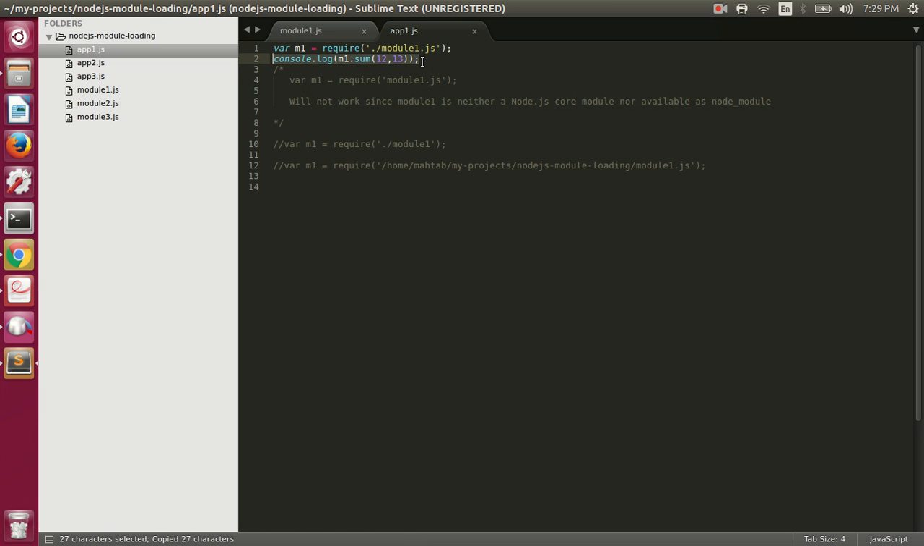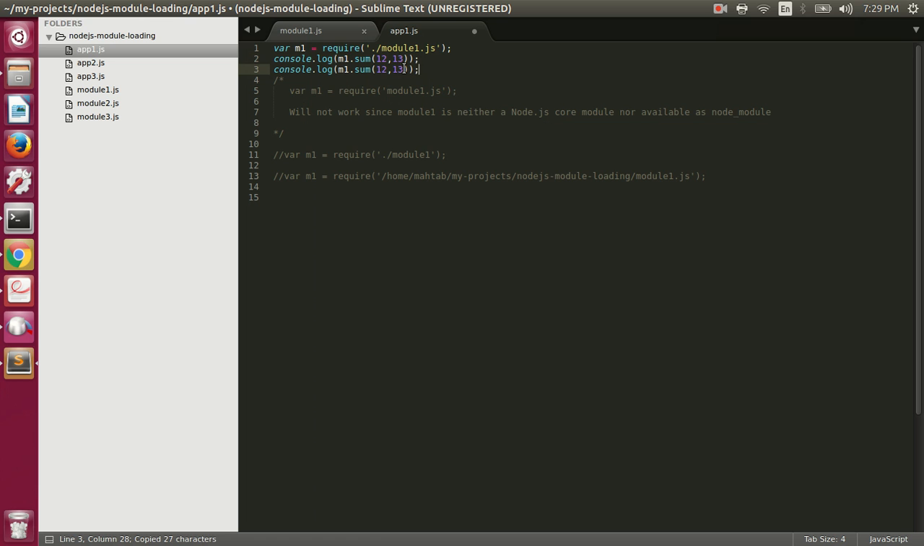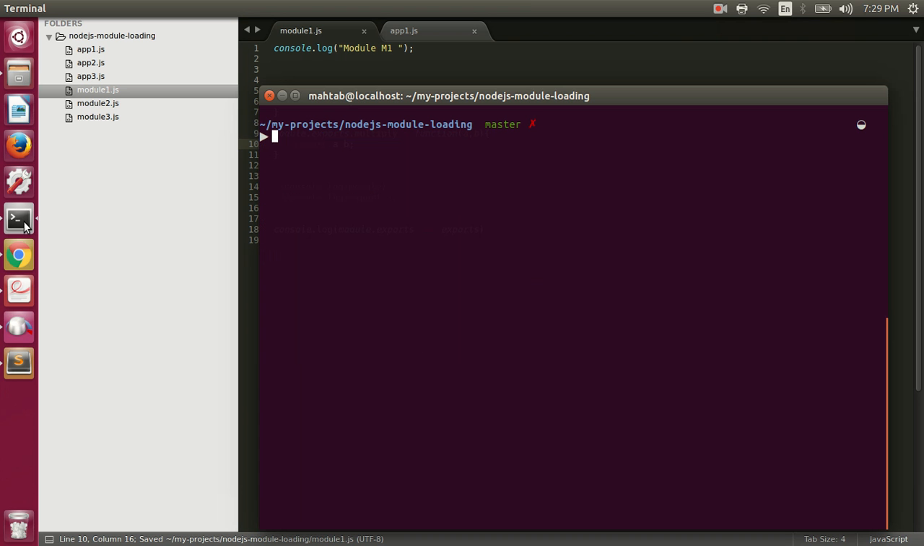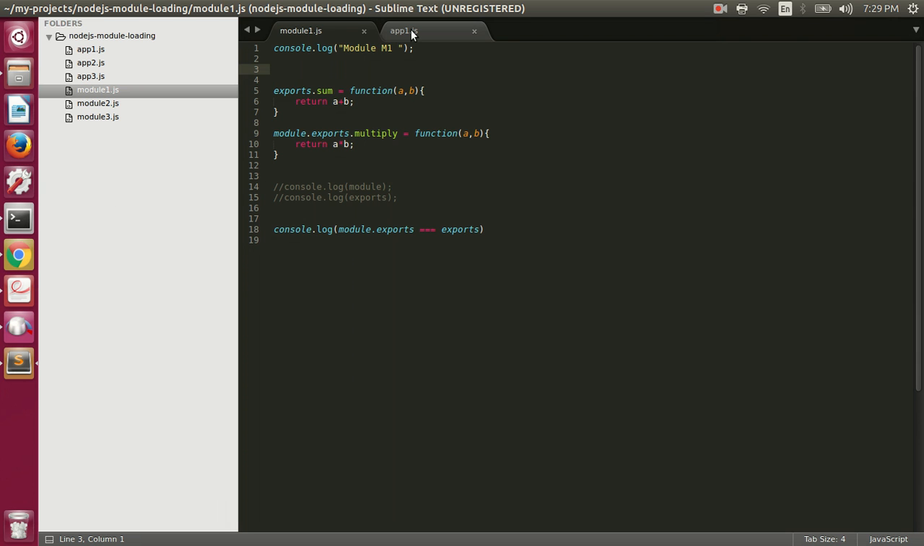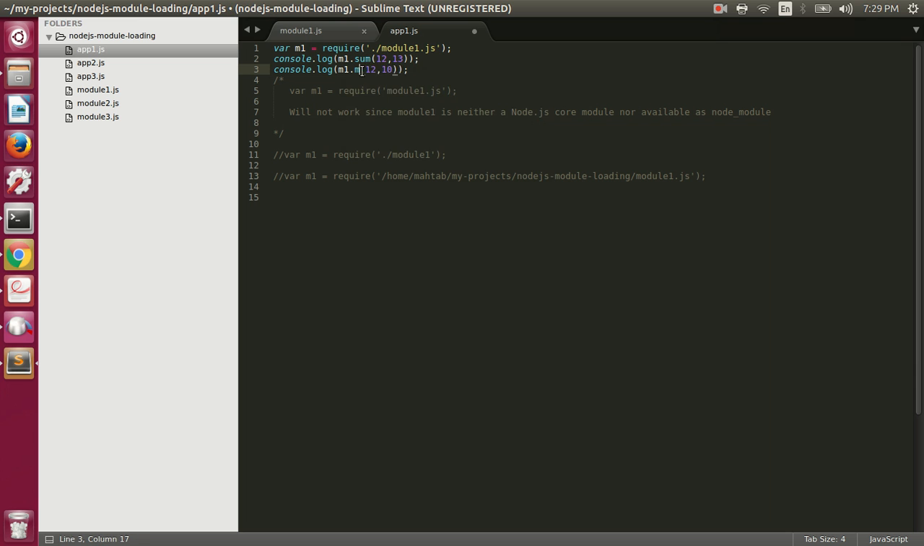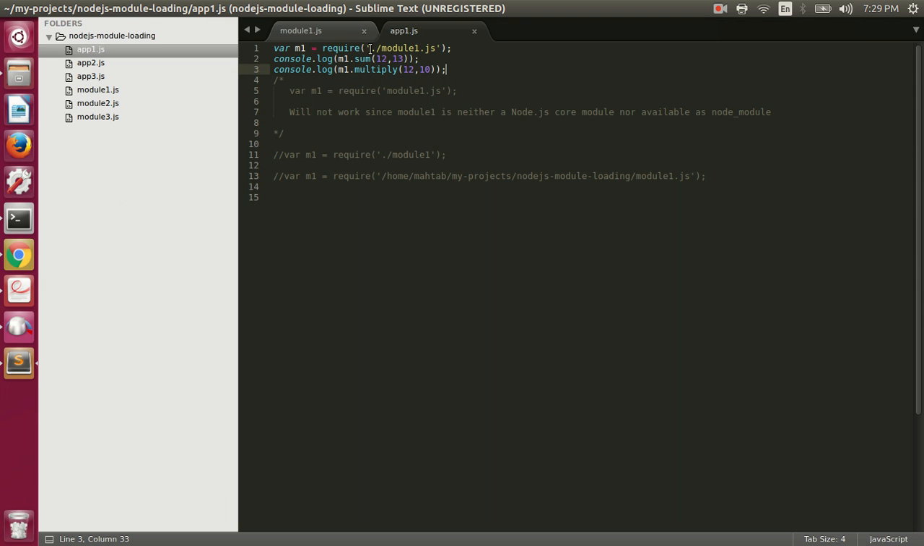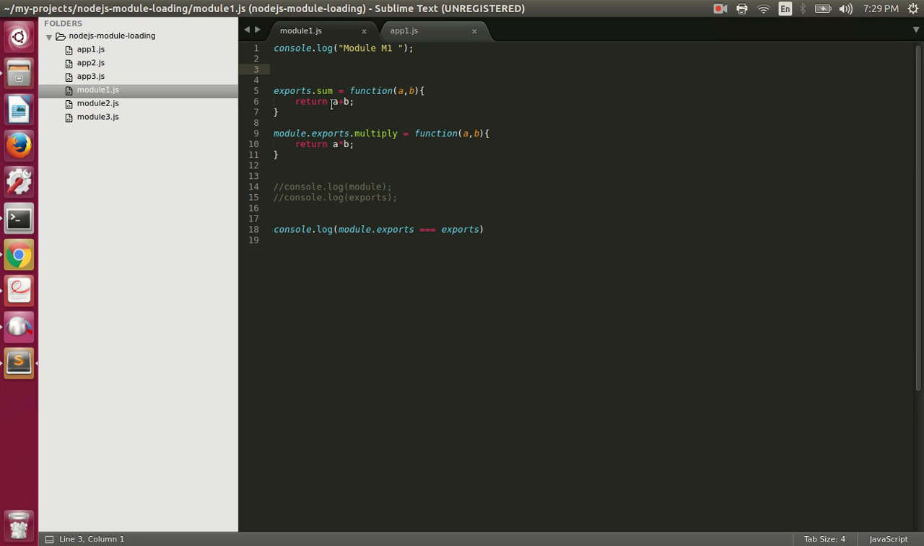So let's just copy paste. Let's make it 10, so it should print 120. Let's save this file also and execute now. Let's clear out first and execute. So we call the sum again, I think, yeah. Let's make it multiply, and it should print 120. So we get 120. So this is how we can attach properties to that empty object by doing exports.sum or